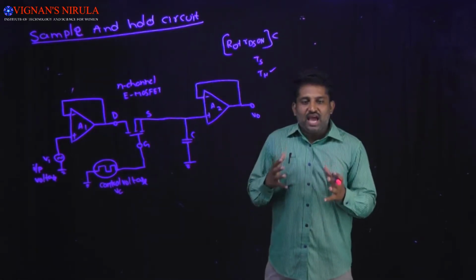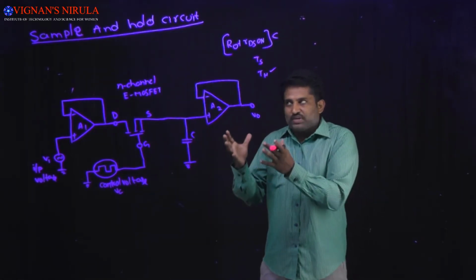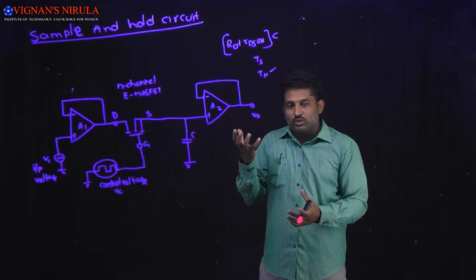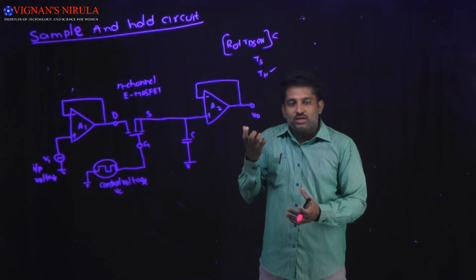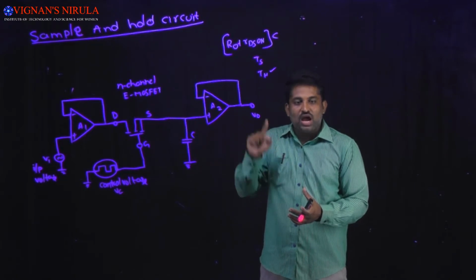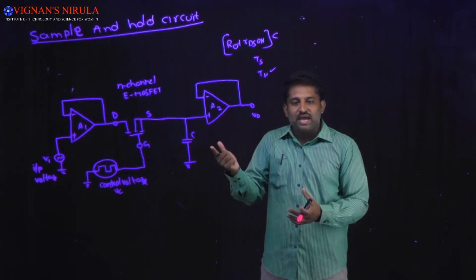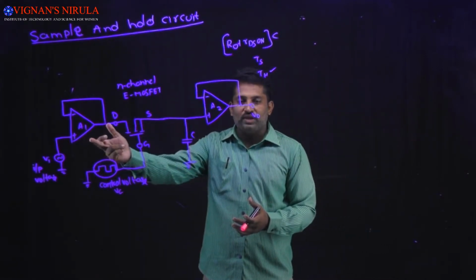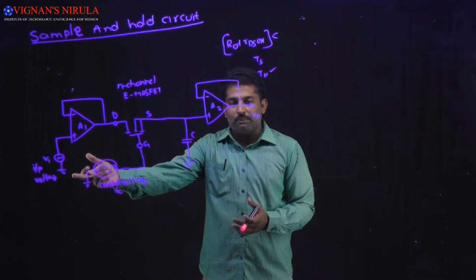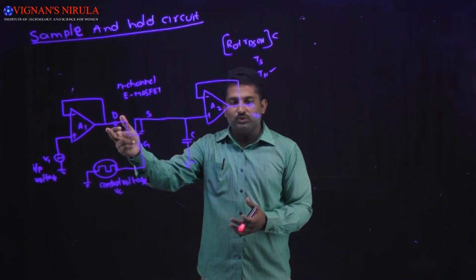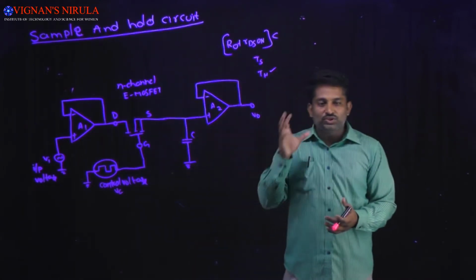Once again I am telling you the basic principle behind the sample and hold circuit: it samples the analog input signal and holds its last sampled value until the input signal is sampled again. In this case, because of the voltage follower A1, whatever input we apply at the non-inverting terminal of the voltage follower is obtained at its output,